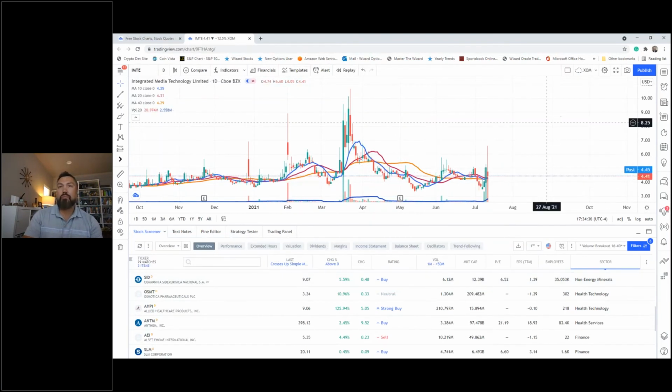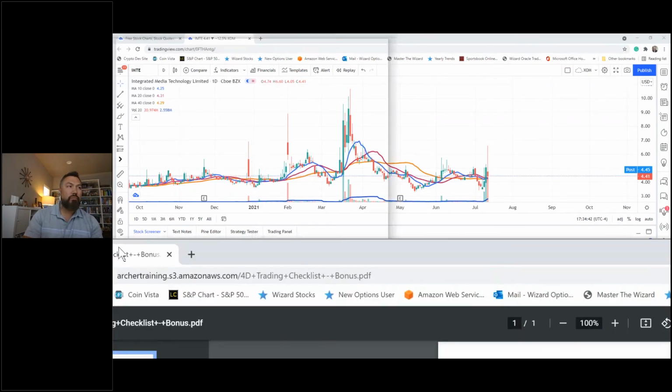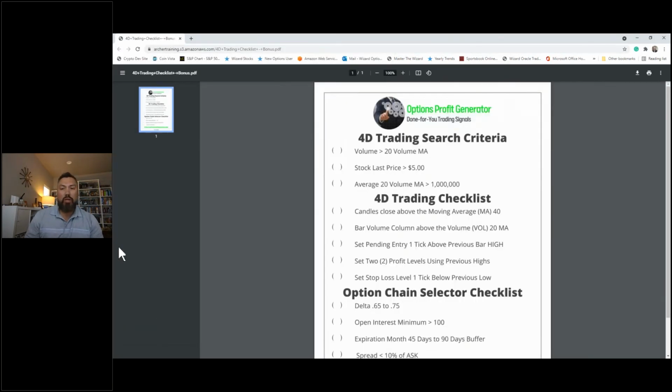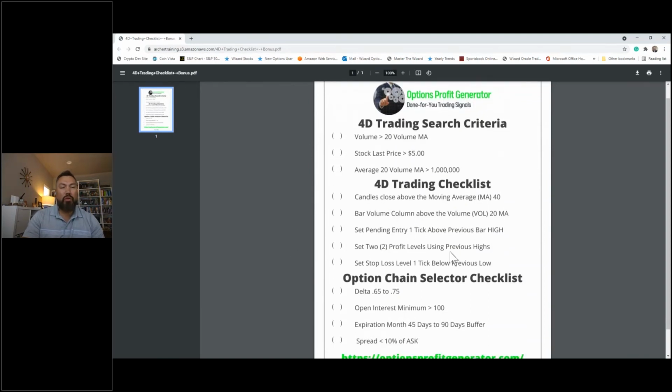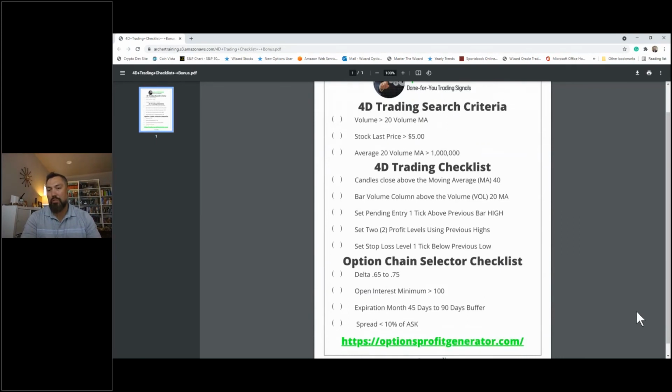We've got that checklist that I gave to everybody, with this whole thing here. This is the actual checklist, and it tells you how to set your entries. Now, everything below here is for my option traders. You like to trade options? This is how you select the option chain, right here. That's a bonus. People spend thousands of dollars to learn how to trade options, and with this checklist you can go pick good option chains. Just follow four simple steps.